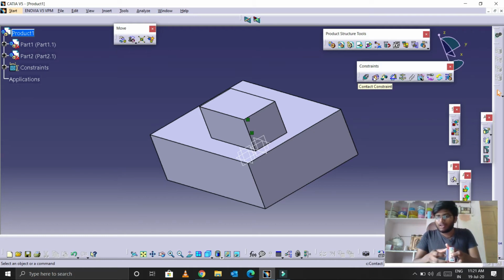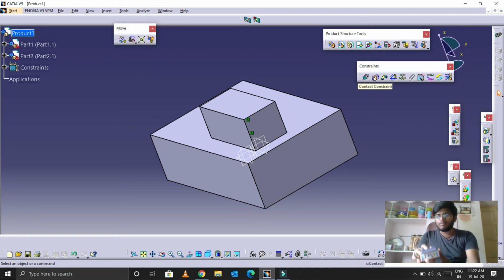If we give the value plus 20 mm, it will move further backwards, having some distance here. Otherwise, if you give minus 20 mm, it will go further, having a negative distance on this cube. Let's see here, the distance is exactly 0, or plus 20 mm. It will show you clearly now. So this will be the straight line having an offset of 0. If I give plus 20 mm, the small cube will go backwards 20 mm. Otherwise, if you give minus 20 mm, the small cube will go further frontward, minus 20 mm.